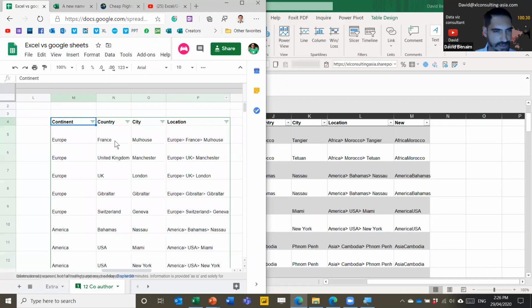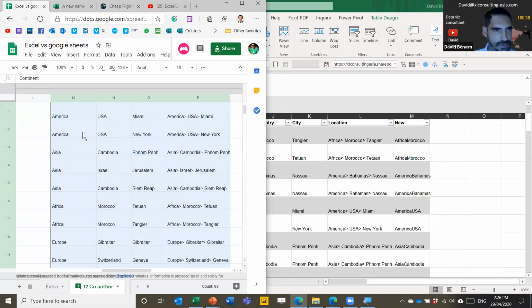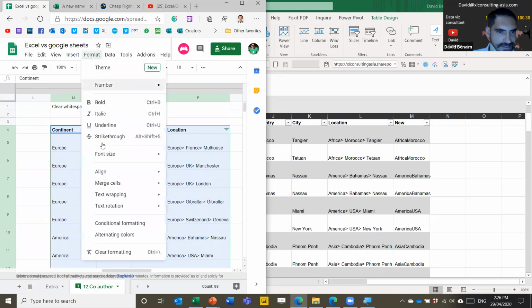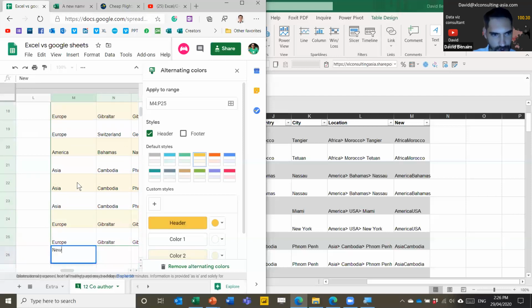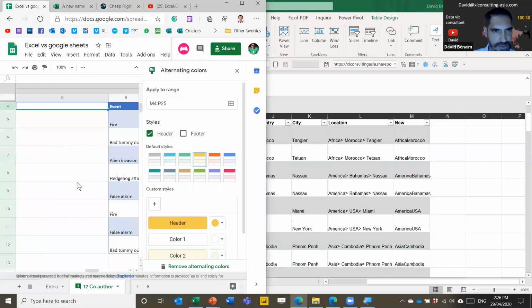So X out of that filter view and then go to format, and you have this thing called alternating colors. You can choose the colors that you like, and then it adds a new row over here, and the formats come across and the formats come to the side as well, but it doesn't really work for anything apart from the colors there.